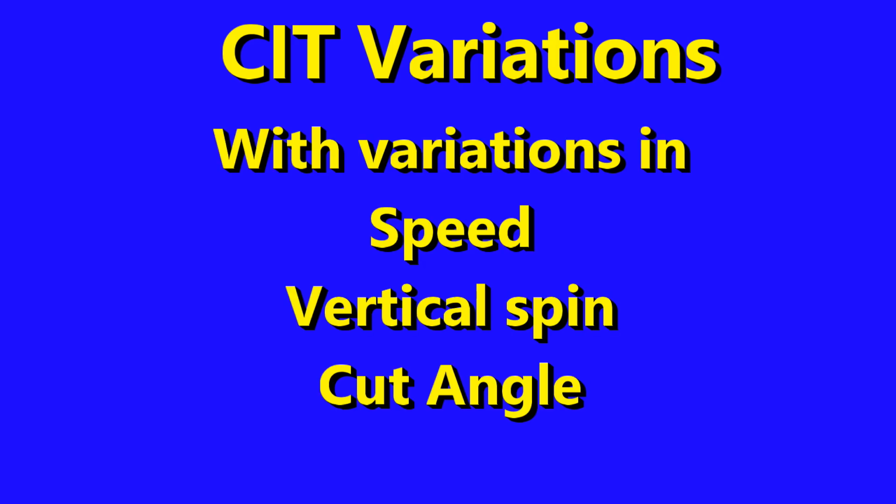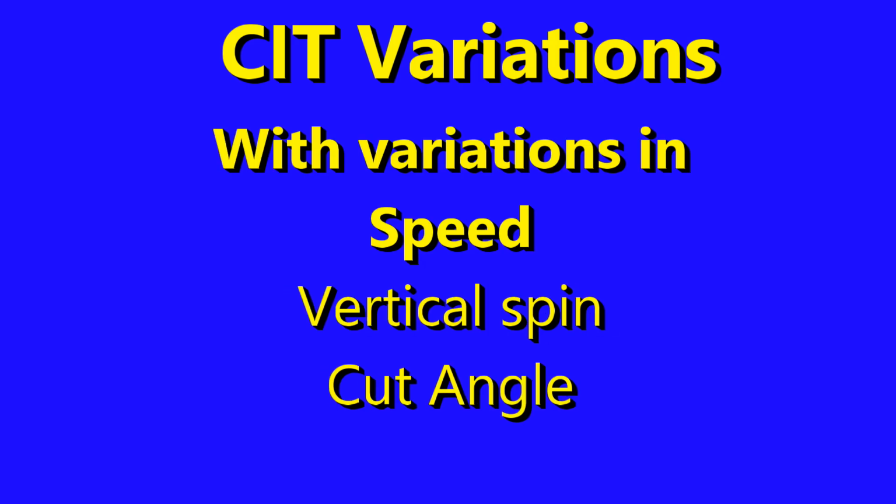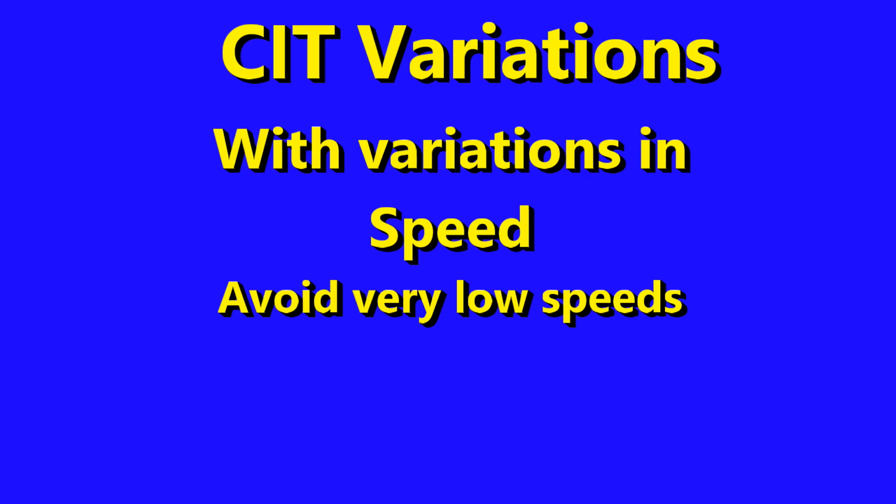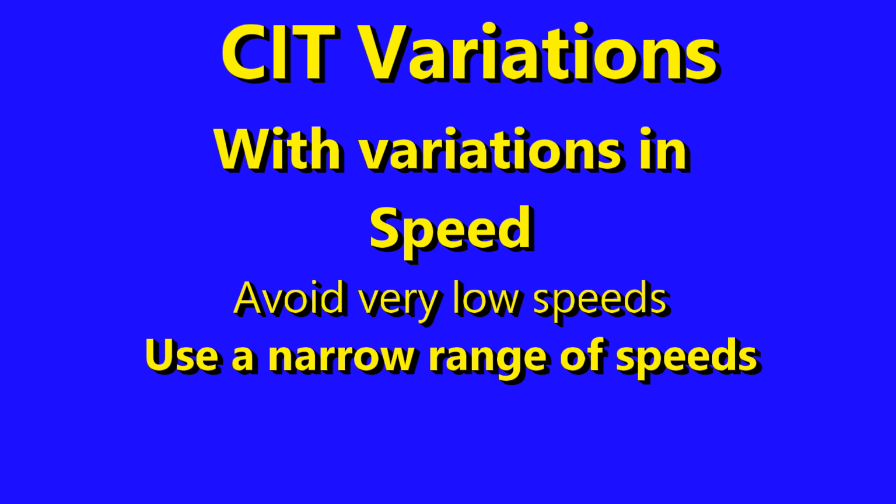In part 1 of this series, we saw that the variations of CIT were a concern. Let's look deeper. Some shots have considerable variation in throw as speed is varied, with low speed being the worst. A standard way to deal with this is to avoid extreme speeds, especially very low speeds. You'll notice pro players rarely shoot very softly. Avoiding very slow speeds minimizes throw, and having a narrow range of shot speeds minimizes throw variations for a given